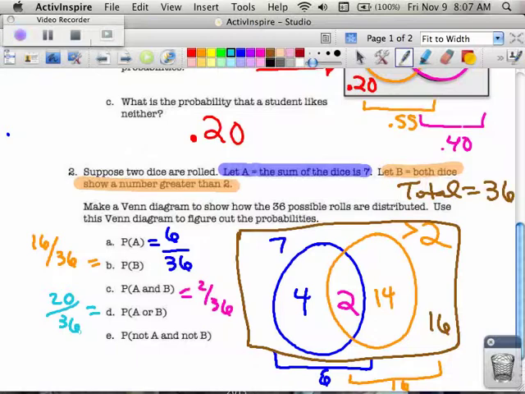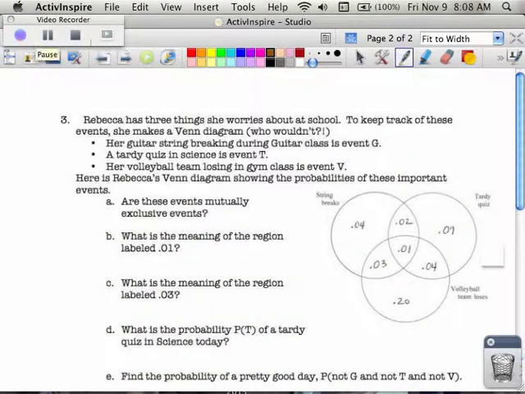And the last one says, what's the probability that it's not going to be in A, which is the blue circle, and not going to be in B, which is the orange circle? 16 out of the 36. Again, you would simplify that. So you know that 4 goes into both of them, so that would be 4/9 if you were to simplify that. And again, I'm not simplifying because I don't have a lot of room on my board. Okay, number 3, they give us the Venn diagram